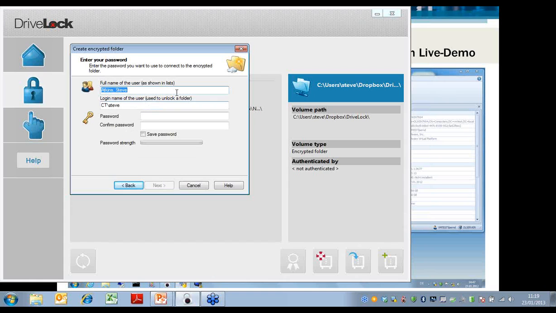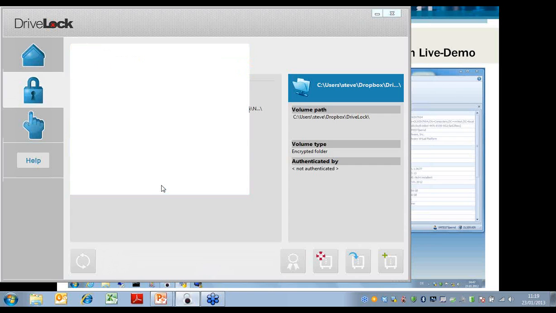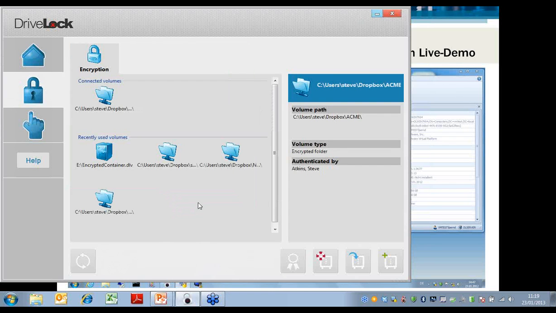So I'm now presented with my login details to unlock this folder, and I'm prompted to create a password. For the purposes of this, I'm going to use a very, very weak password. Right, that's it. Just by doing that, I've created an encrypted folder successfully. If I click Finish, what I can now see as a user is that I have a connected volume in my Dropbox account. If I right-click on that and hit Explore,